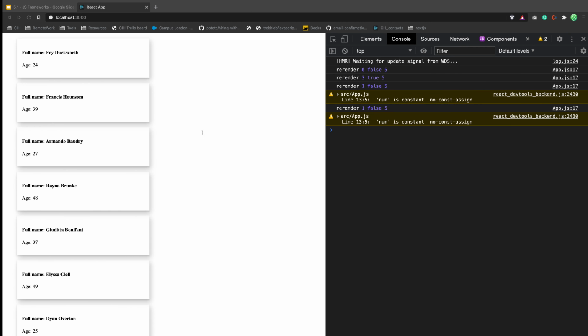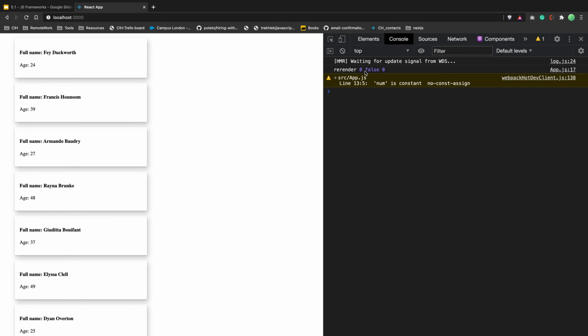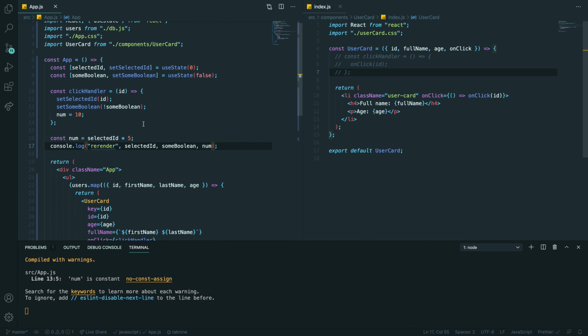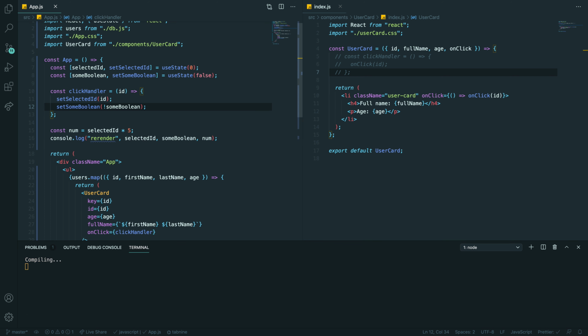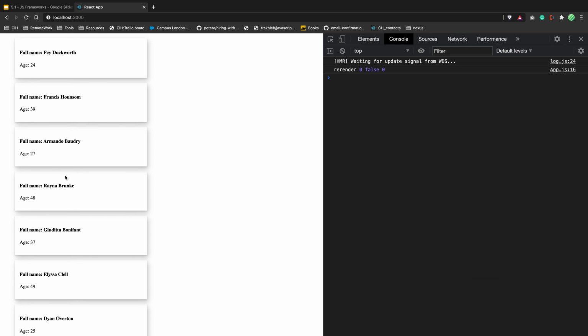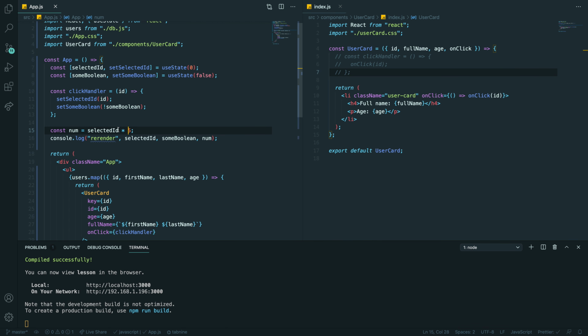So now if we have our number, refresh, we have 0 because 0 multiplied by 5 is 0. Click on this one. Ooh. What's going on? Right, sorry, my bad. It doesn't exist. So 0, now 20, right, because it's 4, or 10 because it's 2. So this is a valid usage of a variable just in the component.